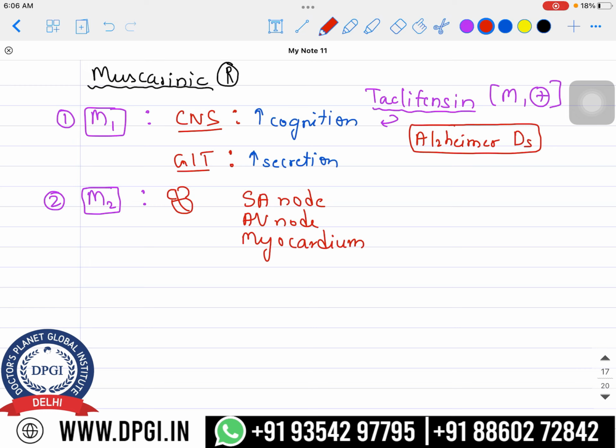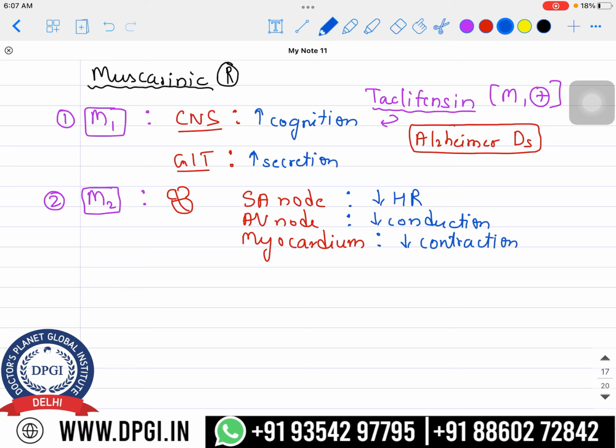So in the SA node, everything over here will be decreasing, right? What is the function of the SA node? It is actually a pacemaker. It increases the heart rate, so over here it will be decreasing the heart rate. The function of the AV node is just helping us in conduction. So conduction power will be decreasing in this case, right? And if you talk about the myocardium, contractility power will be decreasing, so contraction will be decreasing,